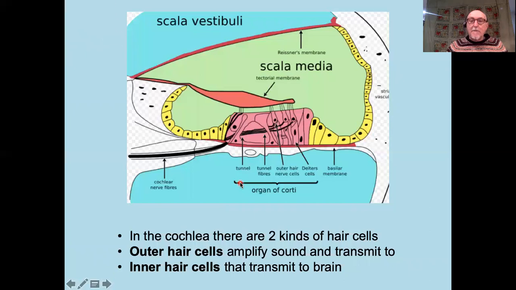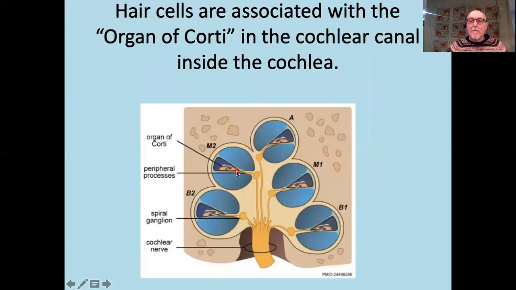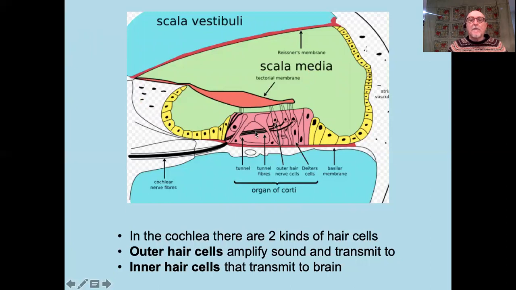Okay, so here's this middle part, this wedge shape here. And the sound wave is passing through the fluids here, and it causes this membrane here to vibrate. These hair cells here are really bizarre because they are amplifiers. As they're stimulated by the sound wave, they actually vibrate even more. The hairs on them actually vibrate, and they amplify the sound for these cells here, which are doing the actual hearing. So it's these inner hair cells here, which are doing the hearing.